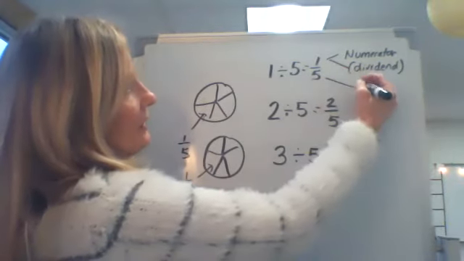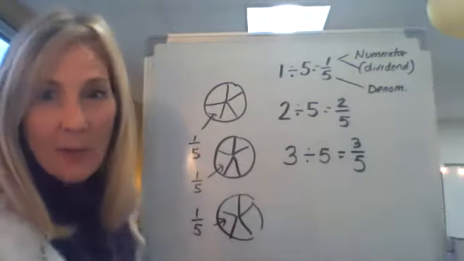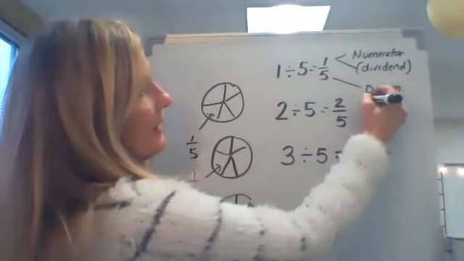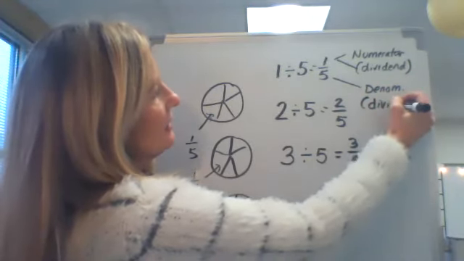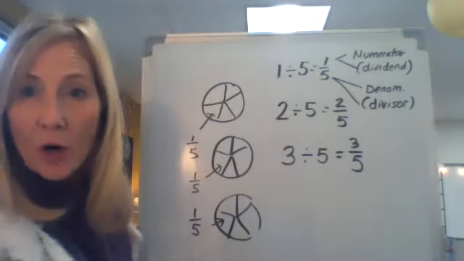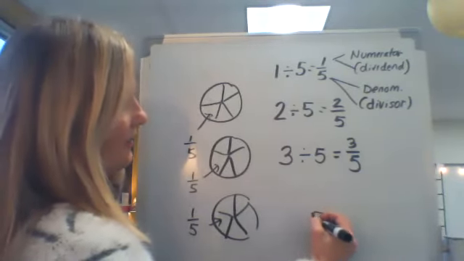The denominator tells us what? It tells us how many parts the whole thing was divided into. That would be like, know what it is? Divisor. The divisor also tells us in how many parts the whole is divided into. So we could write it like this: